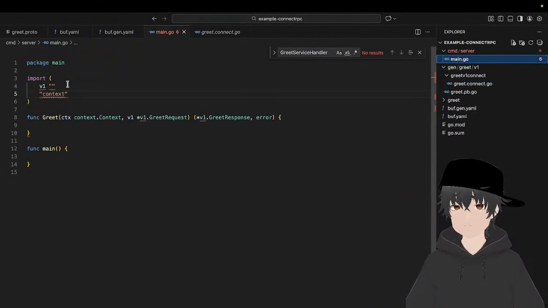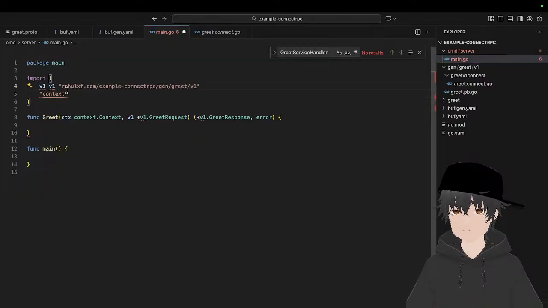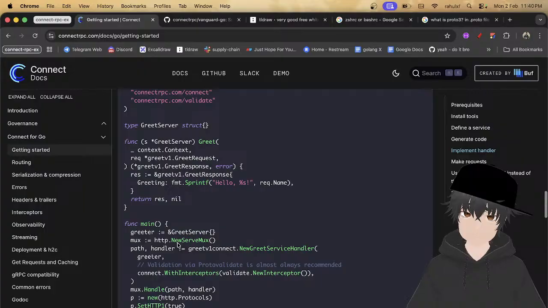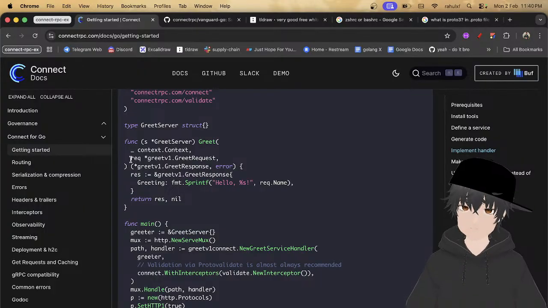So you can do this one as a version 1. Okay, so this is the way you have to do it. I think this one is in a request.